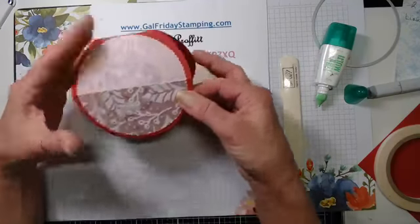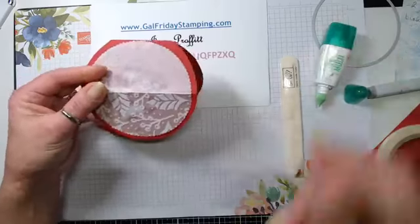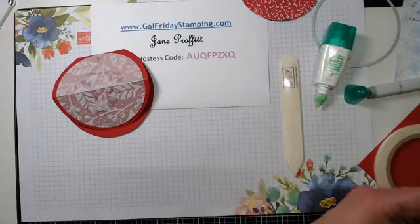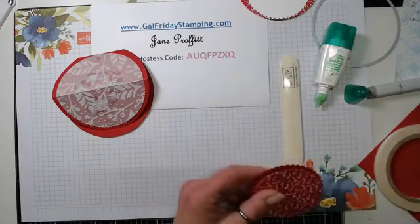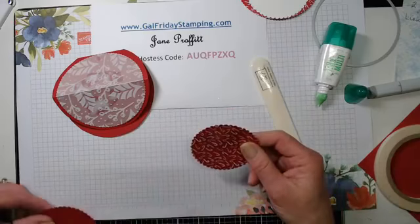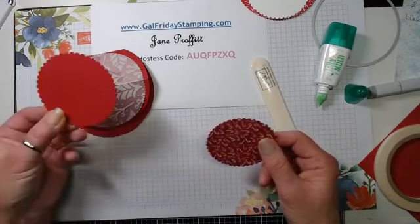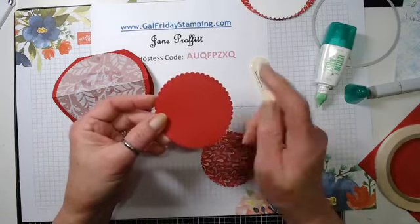Okay, so that'll be the front, and it does actually fold much nicer than the one I did. So then we're going to create our layers, and I wanted to make the hat, so I took the scalloped circle, and this is the 3-inch circle, and die cut it in red,